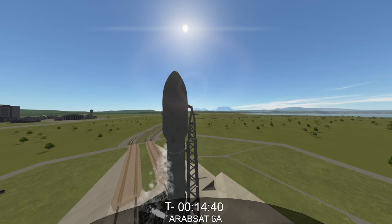Arabsat. And I'm Alex Siegel. I'm a material planner here at SpaceX. We first flew our Falcon Heavy vehicle a little more than a year ago. It is the world's most powerful operational rocket by a factor of 2. With 28 engines, 3 boosters, 3 separation events, and 3 landing attempts, there's going to be a lot of activity